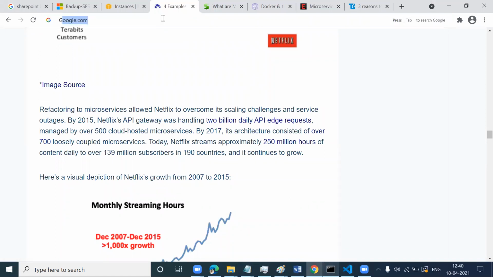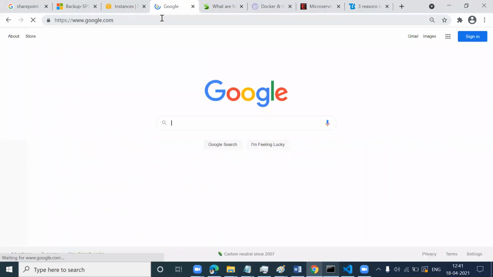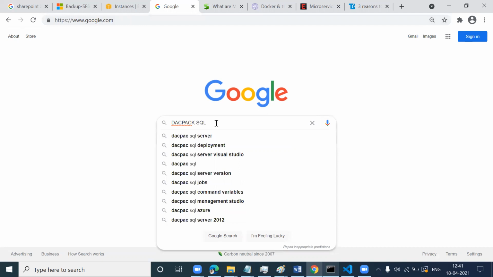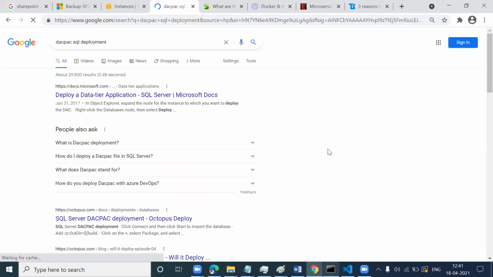The DACPack helps you migrate all your schema: tables, views, procedures, whatever you have. You migrate that first, because until the procedures and everything are there, you cannot put your data. So first we create the schema in the new cloud.